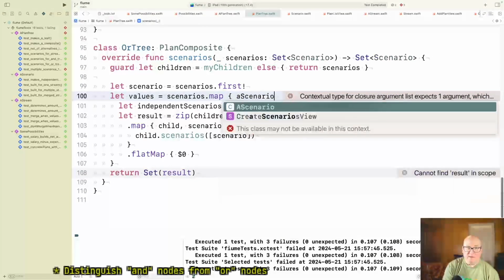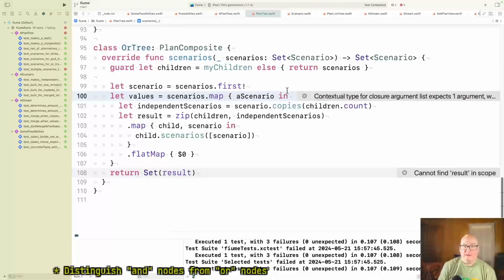A scenario in. Okay. So somehow we have to involve a scenario.